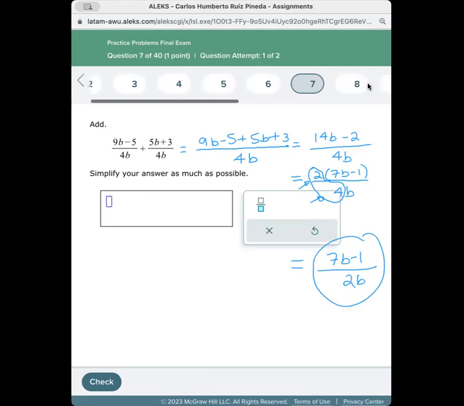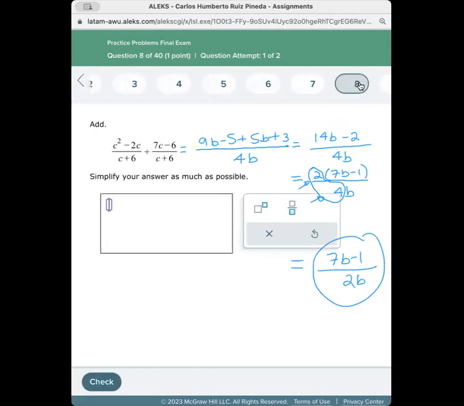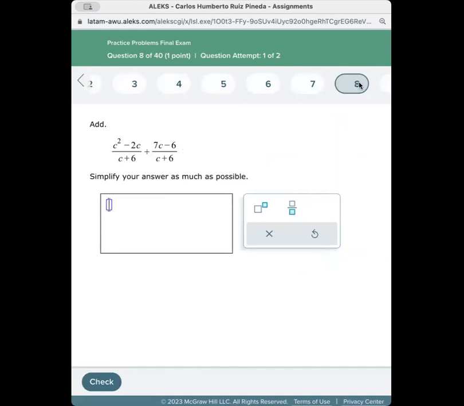We continue. Number 8. Let me erase this. And we have the same thing. The common denominator is c squared minus 2c plus 7c minus 6. In the numerator, we get c squared plus 5c minus 6, over c plus 6, equals